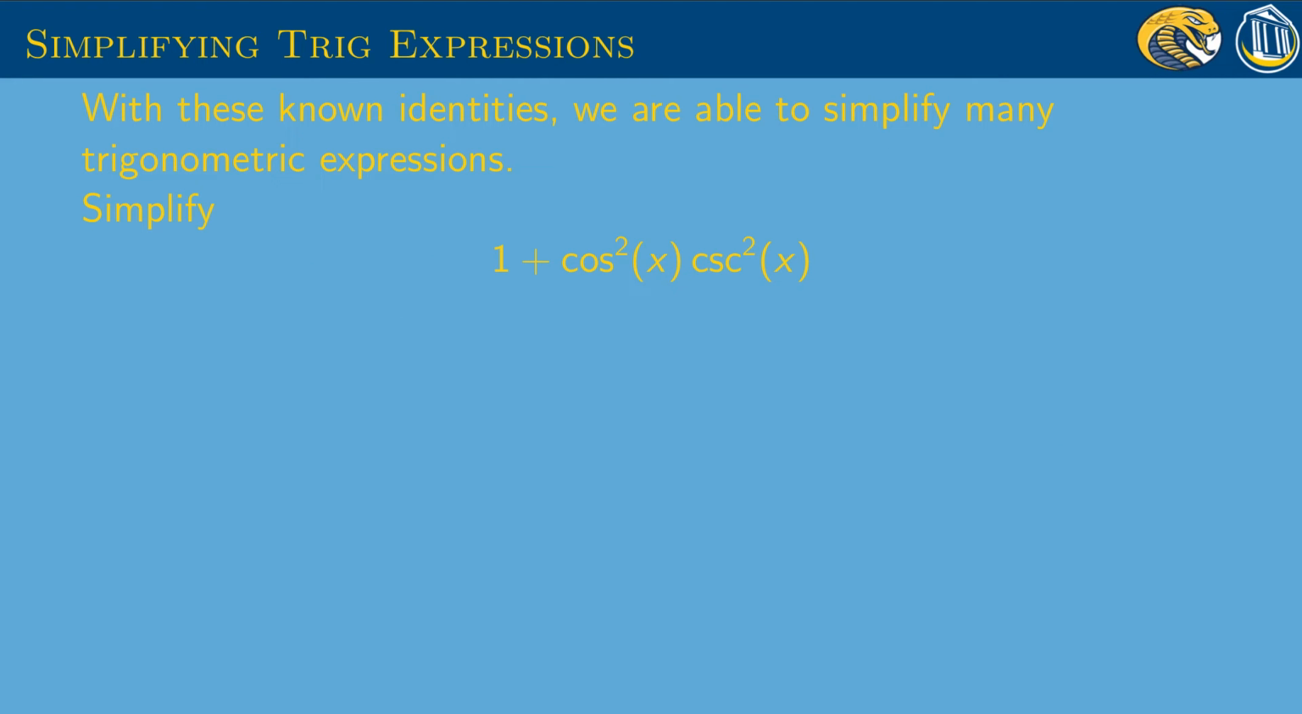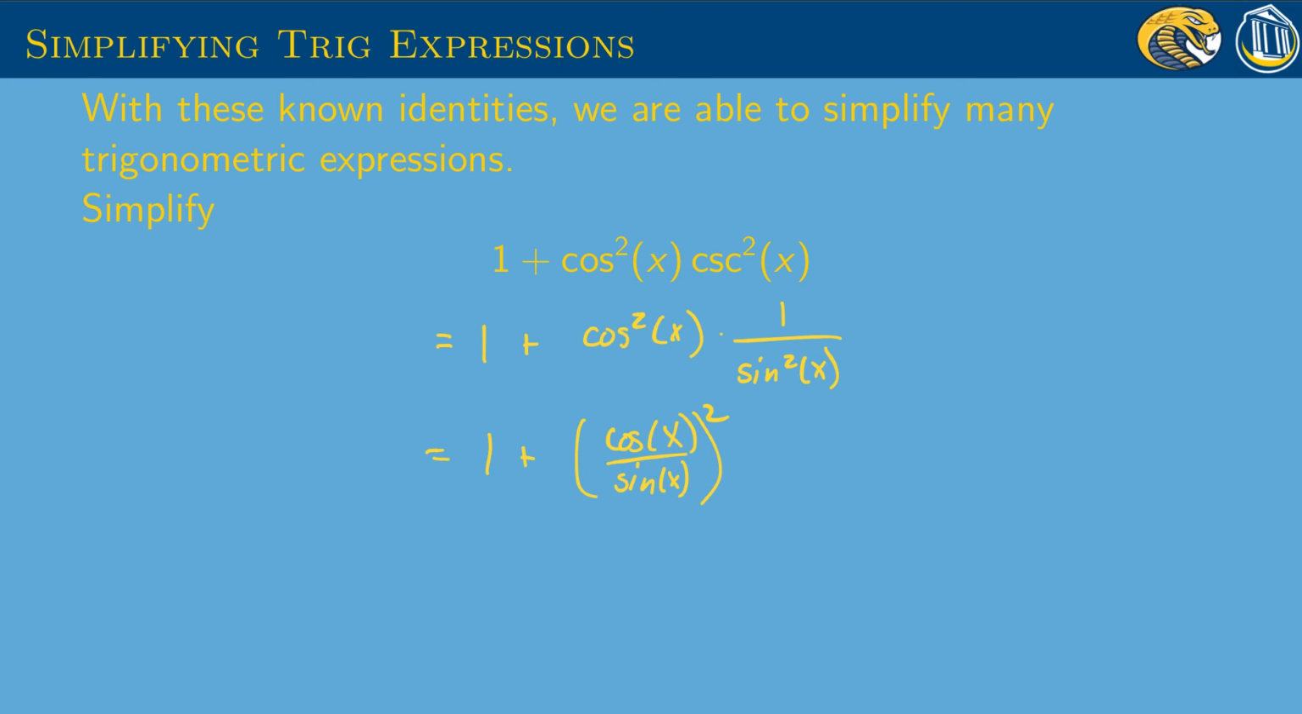With these known identities, we're able to simplify various trig expressions like the following. 1 plus cosine squared x times cosecant x. Well, we know straight away that cosecant is 1 over sine, and so we could write 1 plus cosine squared x times 1 over sine squared x, which is the same thing as 1 plus cosine x over sine of x